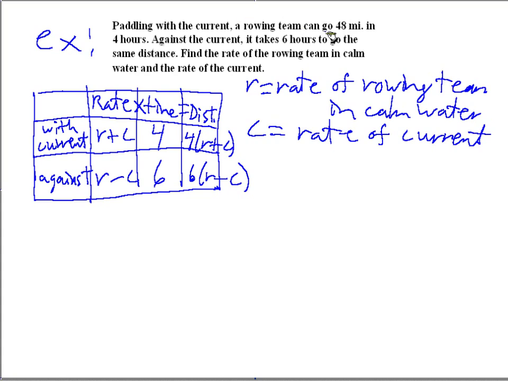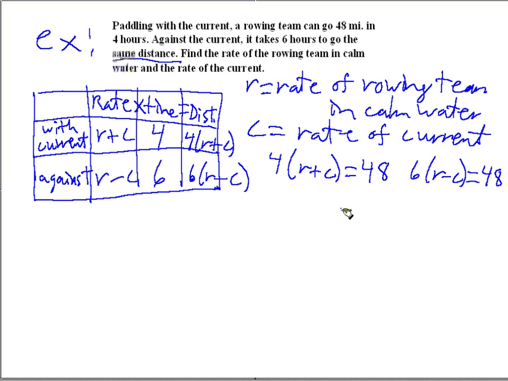It says here we went 48 miles with the current. So 4 times (R plus C) is equal to 48. Similarly, against the current, it takes 6 hours to go the same distance. That means we also went 48 miles, but we did it in 6 hours this time. So it'll be 6 times (R minus C) equal to